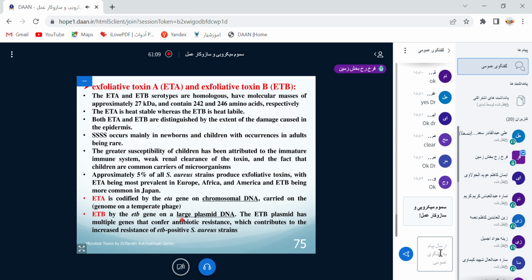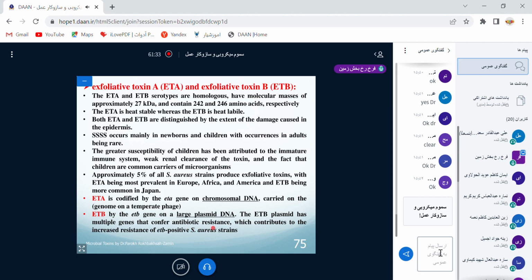The ETB plasmid has multiple genes, but this plasmid doesn't contain only the gene related to the toxin. It contains many other genes, especially those related to